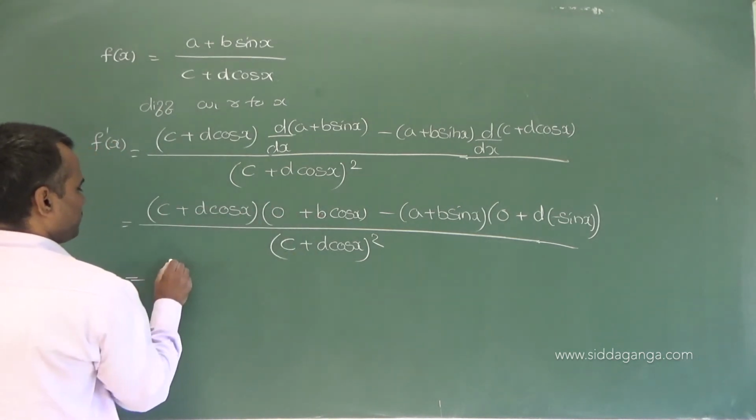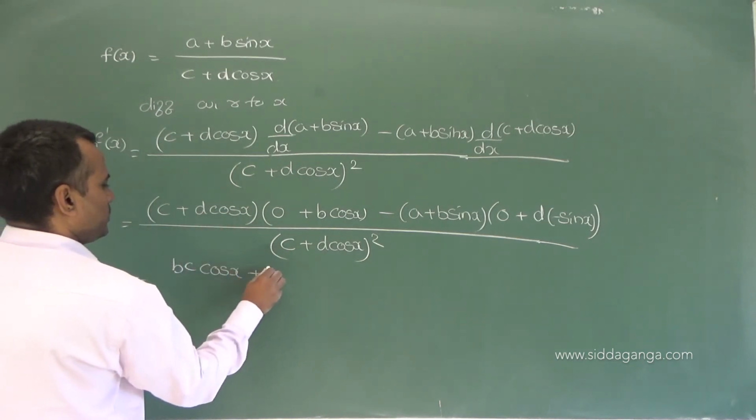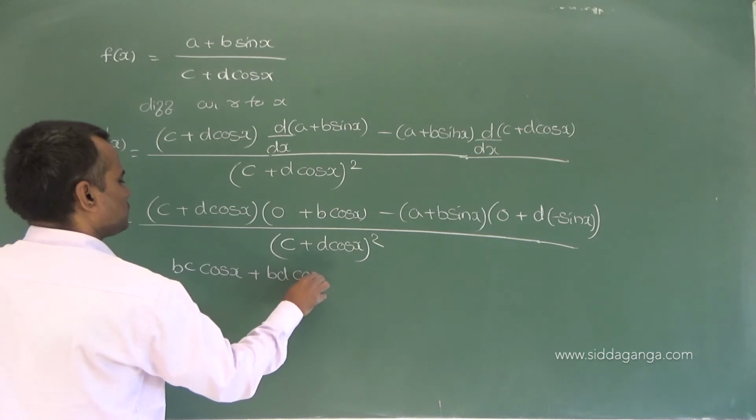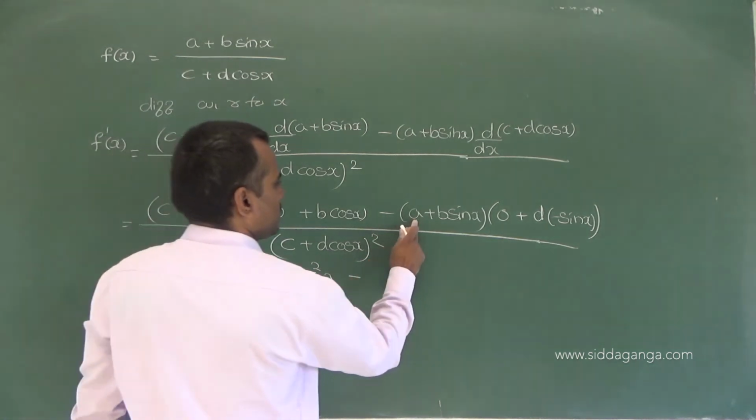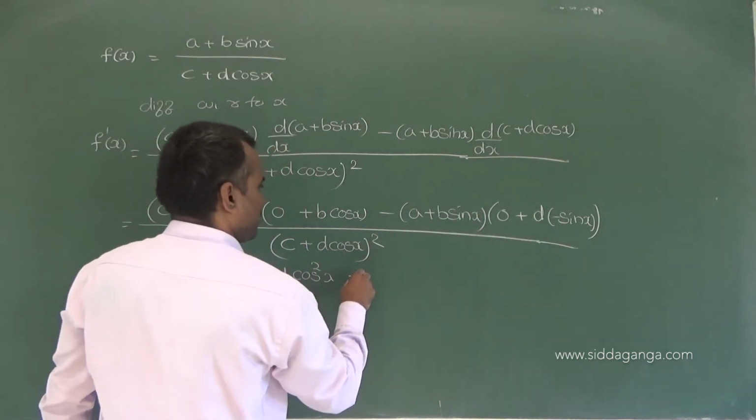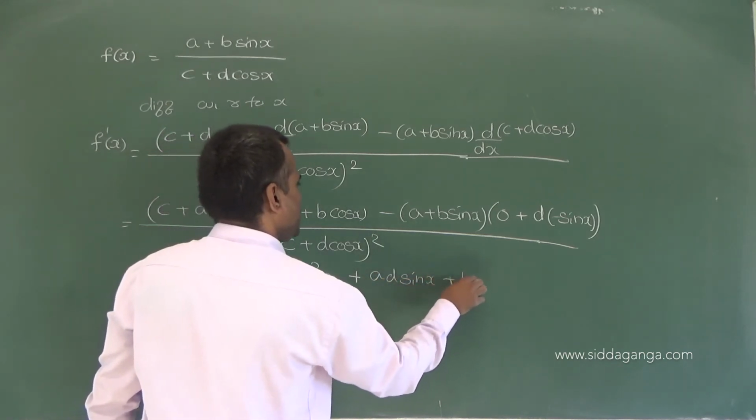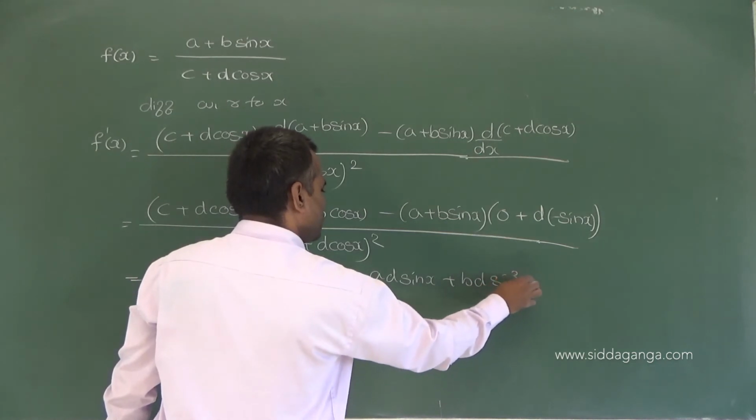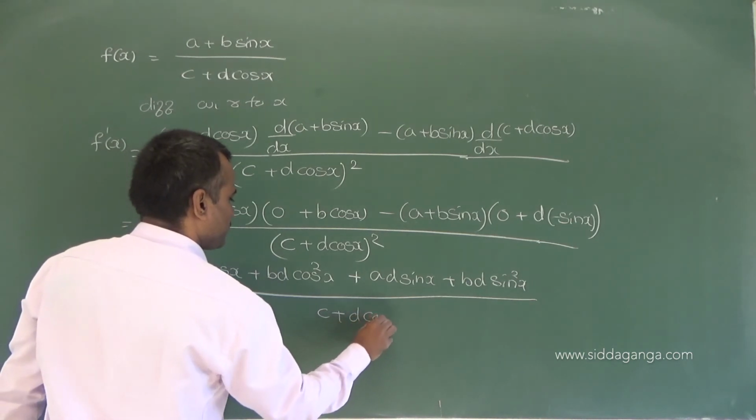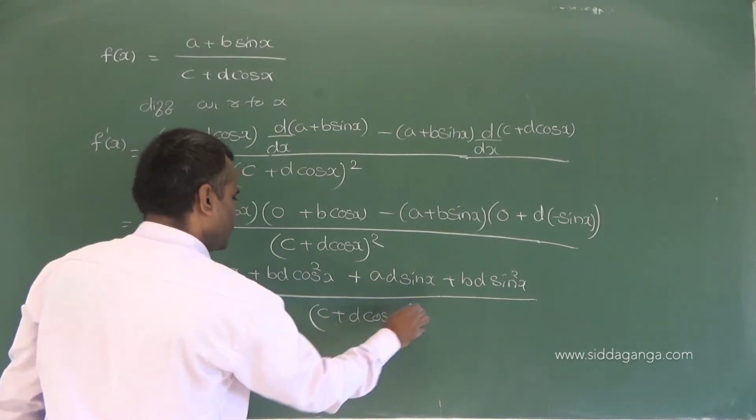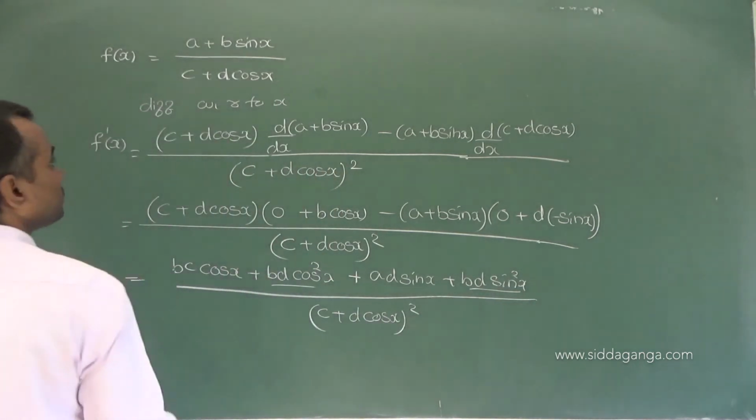If you multiply, b into c cos x, b into d cos square x, minus, firstly minus into minus is plus, a into d sin x plus b into d sin square x, divided by (c + d cos x) whole square. In these two terms, if you take bd common,